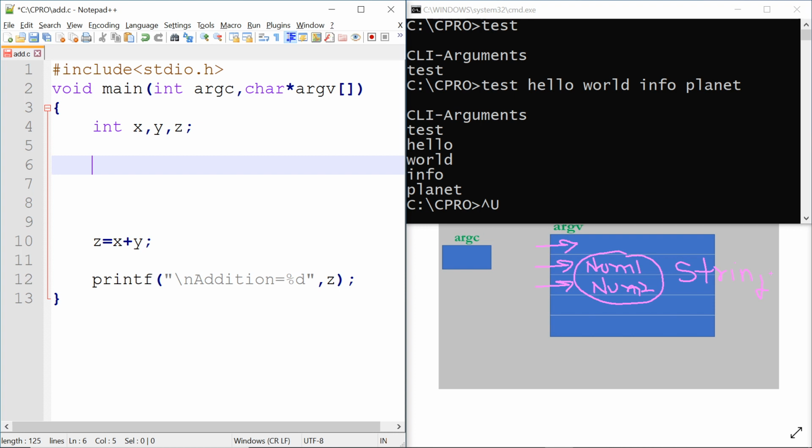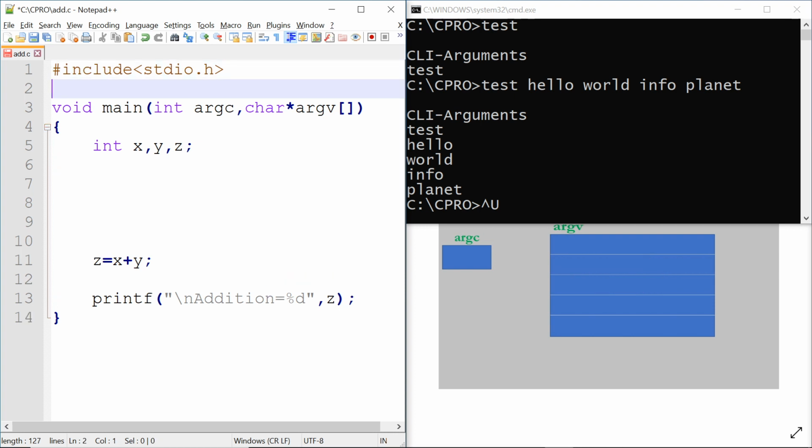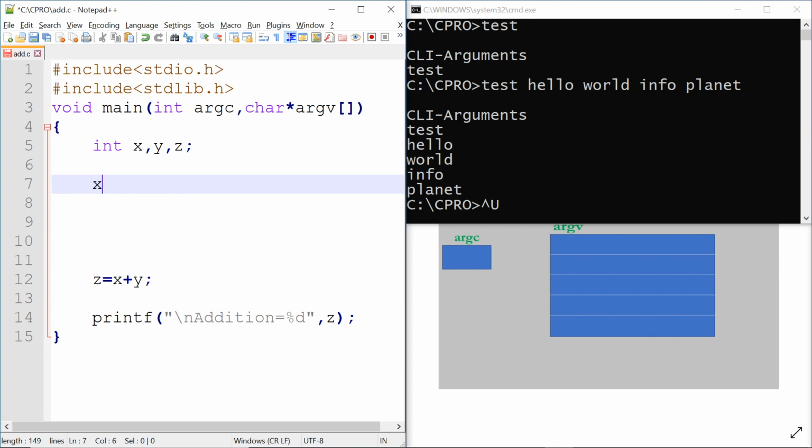For this purpose I am going to use one standard library function. I will show you in the program. So let us include stdlib.h. When we collect the command line arguments, argv of 0 is the file name, argv of 1 is number 1, and argv of 2 is number 2.